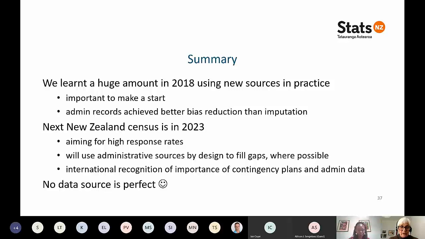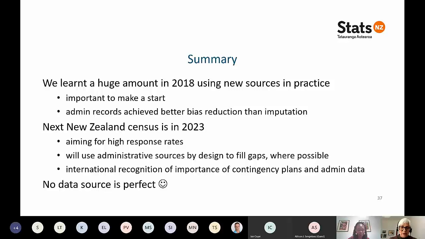Learning from what we did in 2018 with some improvement, but basically the same idea. And I think I mentioned before that there's been lots of international recognition of the importance of having contingency plans and thinking about how you're going to use administrative data beforehand. And just to finish,